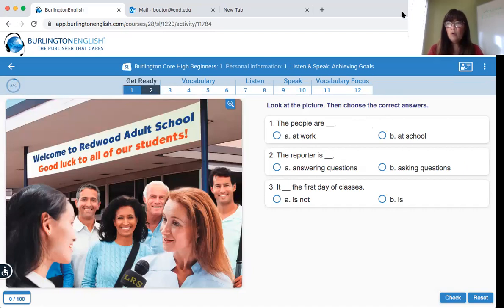Now, when you are working on this, if you want to see your lessons in your language, see this little globe icon here? If you click this, your directions would be in your own language. So I have it set for me as the teacher in Spanish. So you can see that it has the directions in Spanish.